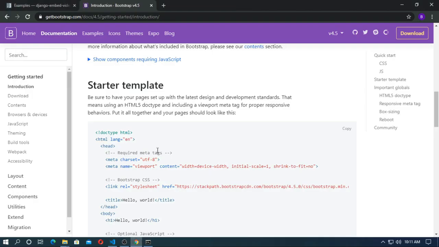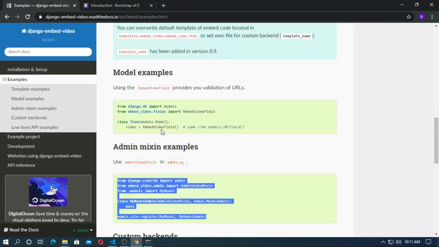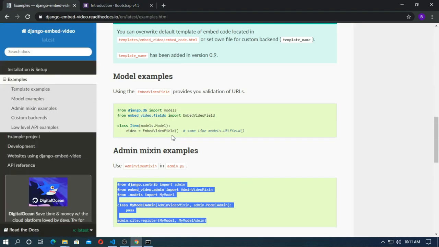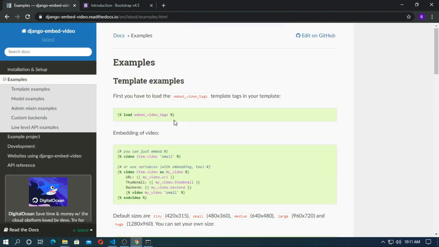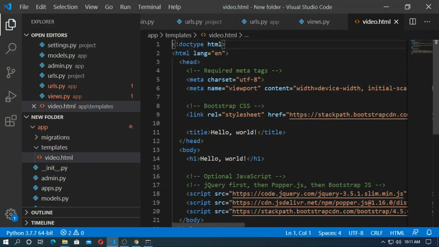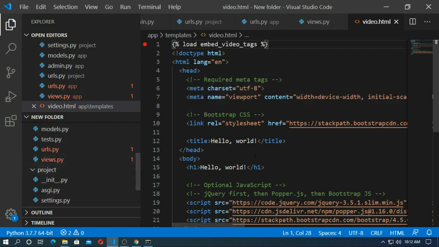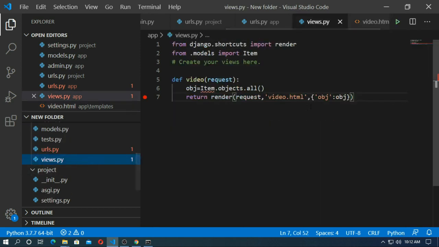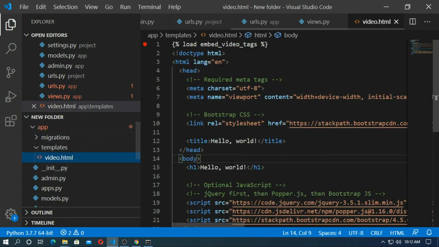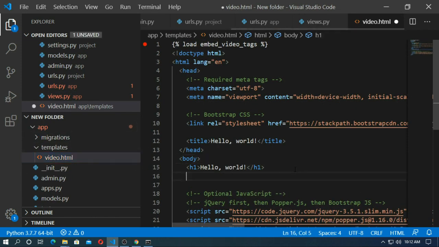Now go to the browser and copy this load tag and paste here. Save it. My Django variable is obj. So go to video.html and create a for loop.